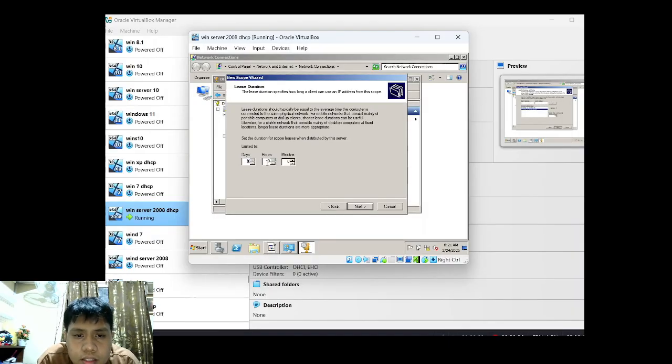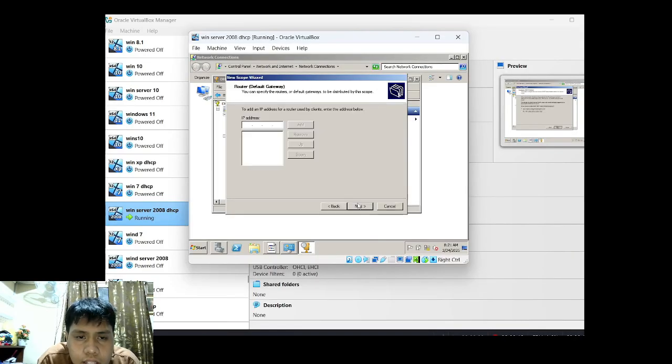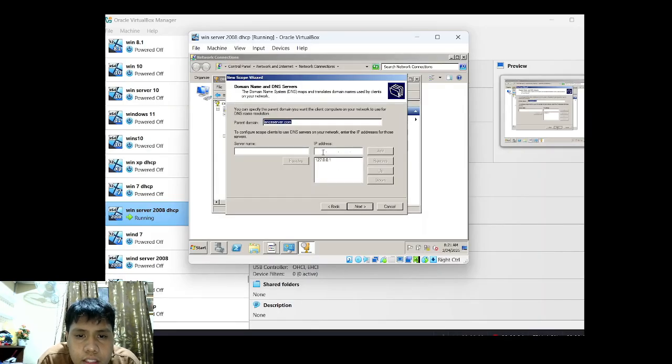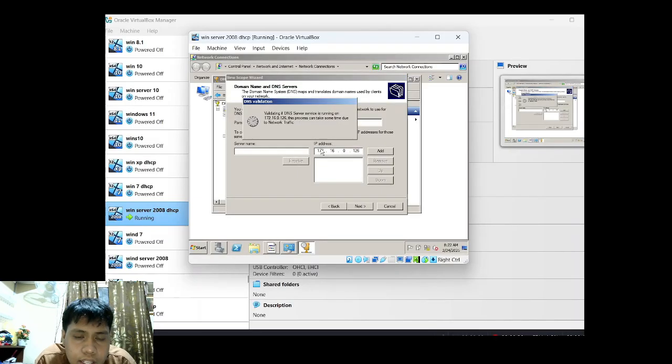and then next, then 16 hours again, then next, then yes, next, then 172.16.0.126, then add it, then next, then remove, then change it to 172.16.0.126, then add it and just wait again.